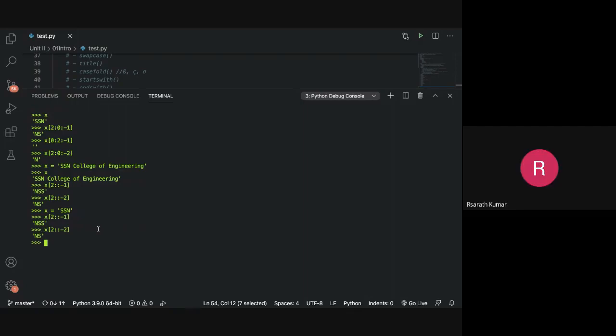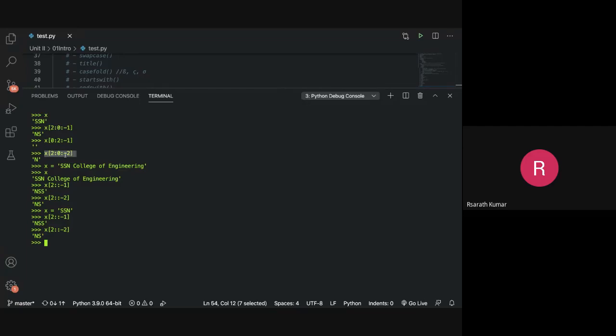Okay, all right. So did you understand this? Why is S not printing? Yes, sir. Understood. Why? Because 0 means it should be like 0 plus 1, no, sir. So it will start from n.